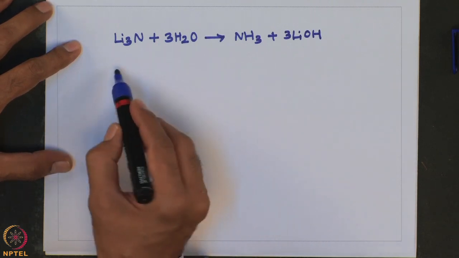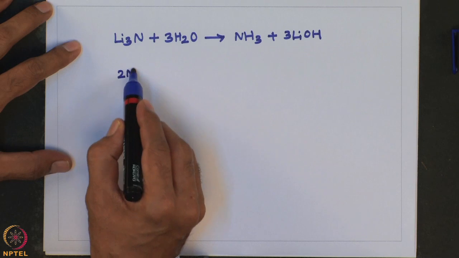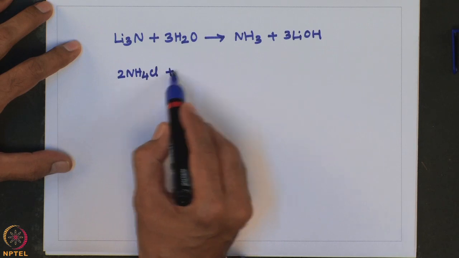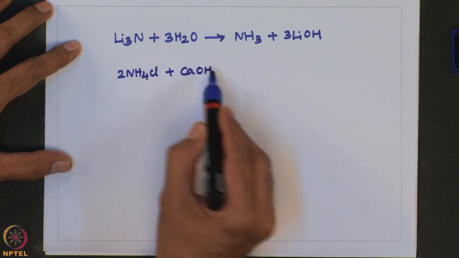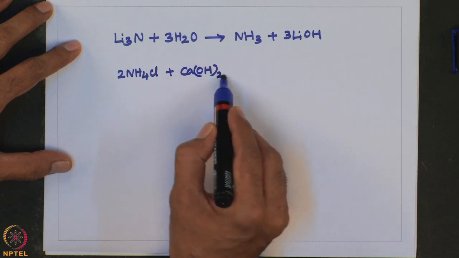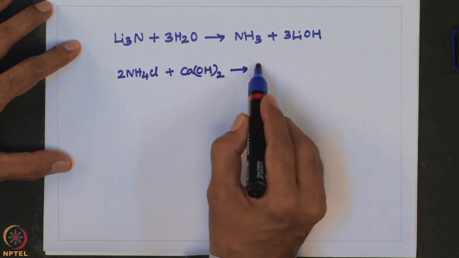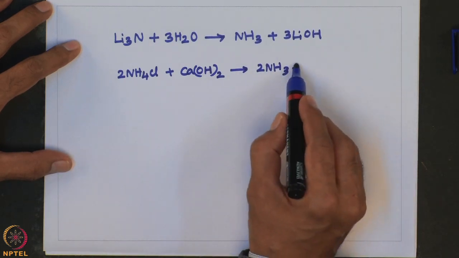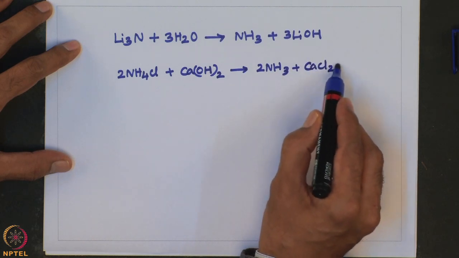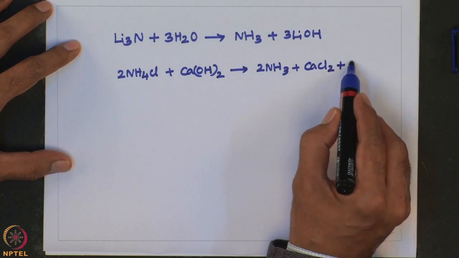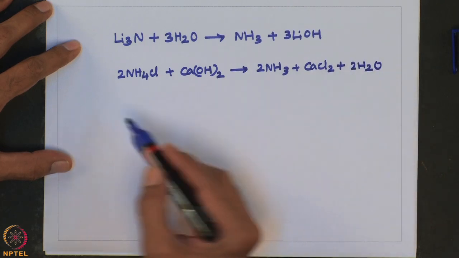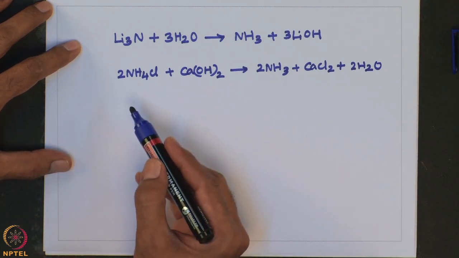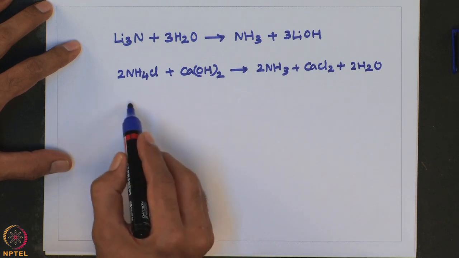So, by heating ammonium chloride, or by reducing nitrate or nitrite in alkaline solution,